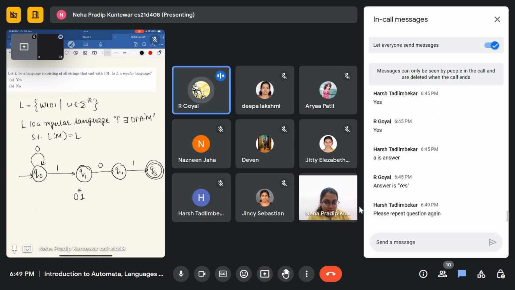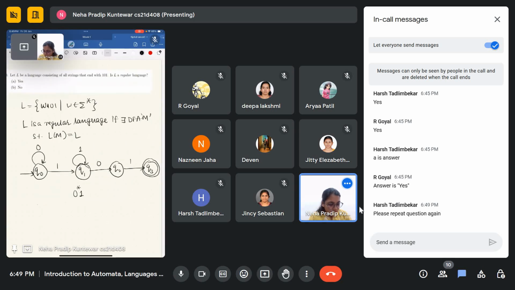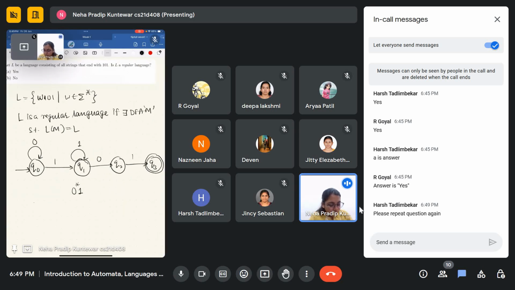So we can have a self loop over q1 for 1. That's right. So you'll again draw a self loop over q1. Now coming to q2, you have basically read a string of zeros followed by a string of ones, and